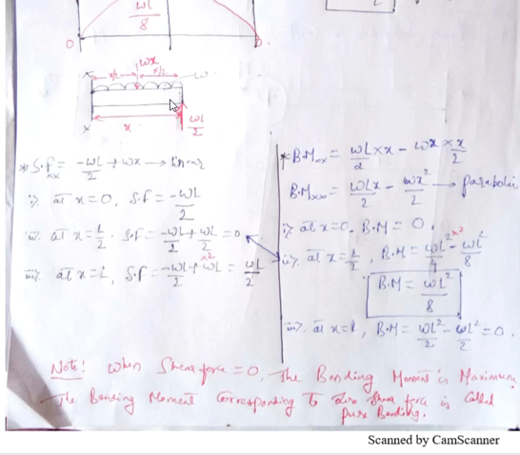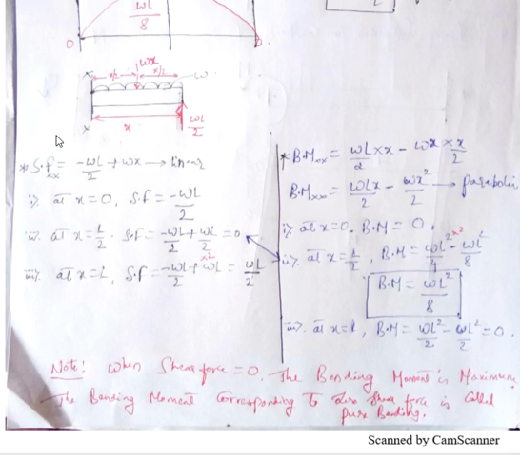Okay, when we come from right side, if the force is downward we take it positive, if the force is upward we take it as negative. You can see I am coming from this end, there is a reaction which is acting upward and it is right to this section. Upward force will take it as negative, that is minus WL by 2, and then there is one more shear force, that is Wx, which is acting downward, so I am going to take it as plus Wx.